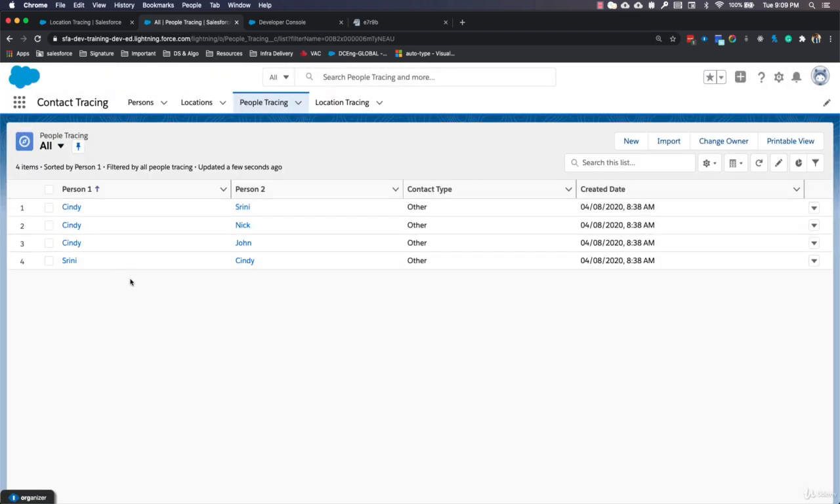So now if we take a closer look at these records, we will notice that Cindy has met Srini, then Cindy has met Nick as well, Cindy has met John, and then Srini has met Cindy. So don't you think that record number 1 and record number 4 are duplicates? The reason is it doesn't matter if Cindy meets Srini or Srini meets Cindy, because it should be one single